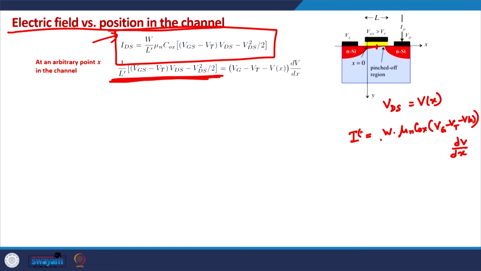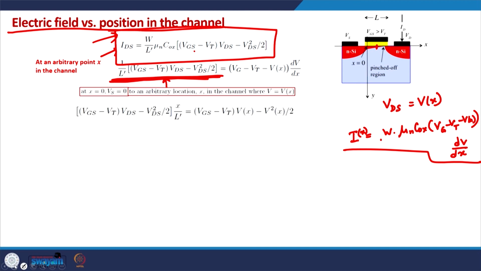So, this will be the current at any arbitrary point in the channel. So, if we equate this current with this arbitrary current, ideally they should be the same, because in steady state the current is uniform, the current is the same all across the channel. So by equating this expression to this expression, we obtain this,